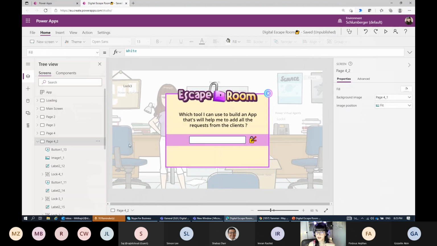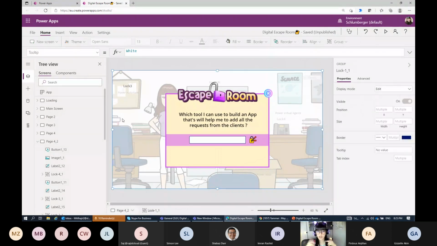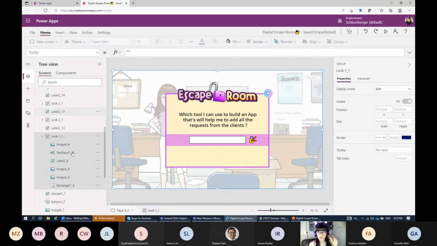Okay, so what do we have here? I have a rectangle. I made it so you can change the color. It's really easy to do. There is nothing difficult here. Also, what I suggest, if you create any pop-up message, for example, here I have 4 pop-up messages, and it's for different slots. Actually, what you can do, you can group them, so it will be much easier for you if you want to make any change in the future. So what I'm doing here, if you see this one, look, number 1, 2, 3, 4. So it will be much easier for me if I have any change that I want to make.